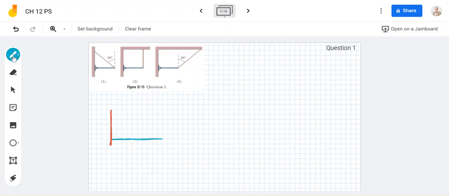Okay, and it's supported by this hinge that's right here. Now in each situation, regardless of whether the cord is straight up, up and out, or up and in,